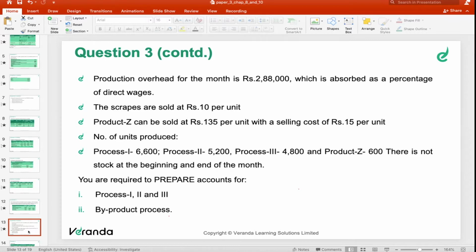Which one is the main product? Whenever the byproduct concept comes into the picture, the main product should be there and the byproduct should be there. Which one is the main product, Kananena? Product X, sir. Product X, very good. Which one is the byproduct? Product Z. Z is specifically given in this question. Am I right? Kindly note down this question.